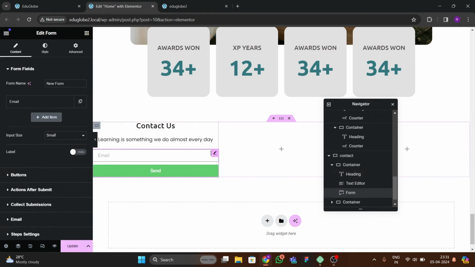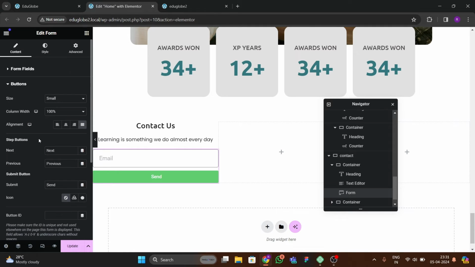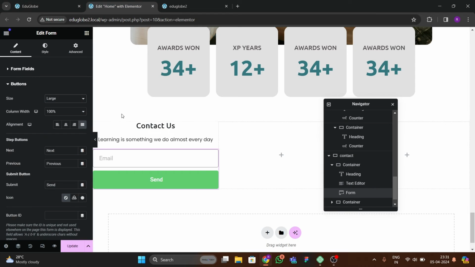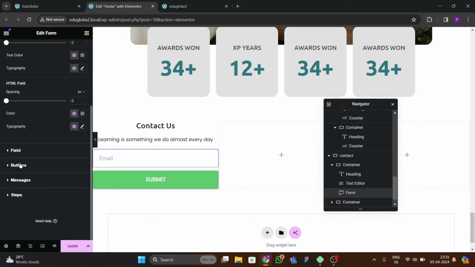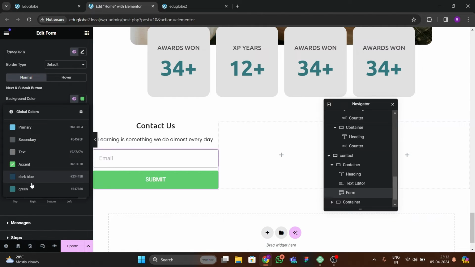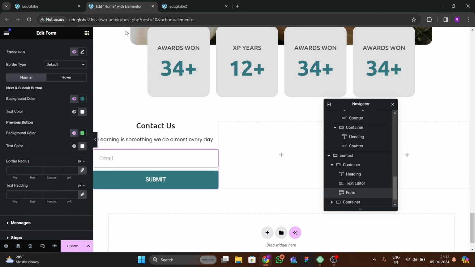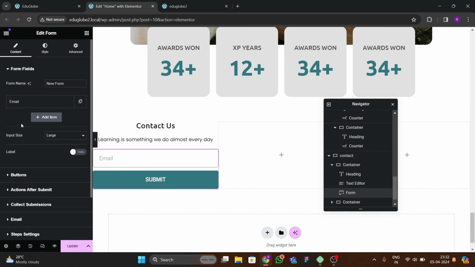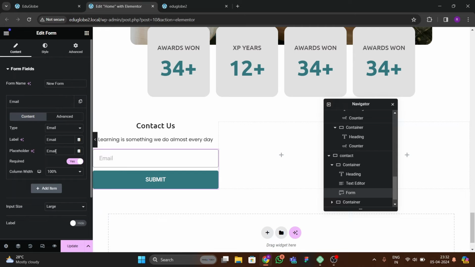So for making this we're gonna choose this, and after that we have to just go here in the input size, we're gonna use the large one, and in the buttons we're gonna use the large option again. Okay, so for the button we're gonna write it here submit, and in the button background color we're gonna choose this green color, and here in the email we're gonna enter here,